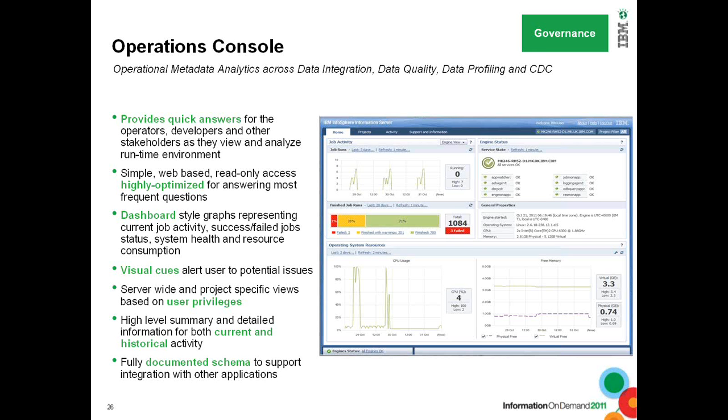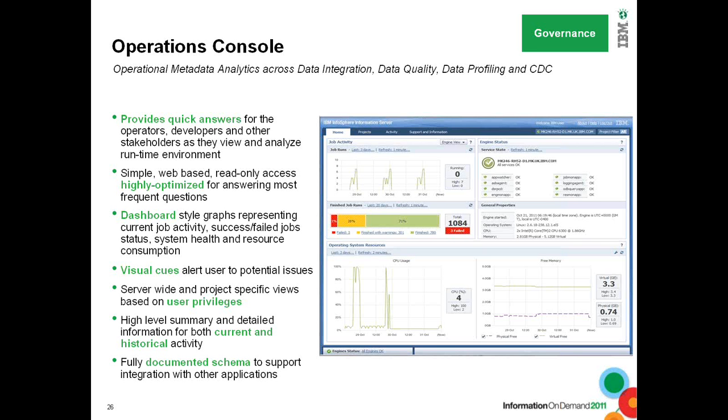So if you see, this is a one-stop landing page for everything that you always wanted to know about what is wrong or what is right or what is looking like it will go wrong with your DataStage or Information Server environment, right? So this is the answer to all those problems. This operations console gives you the operational details, again taking in large parts, extracting data from the operational metadata, and also its own custom repository.